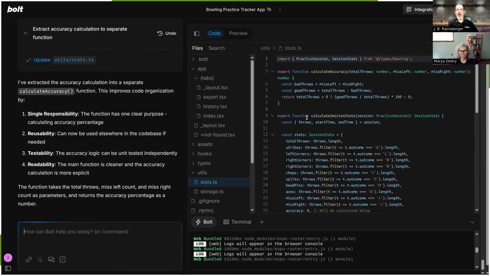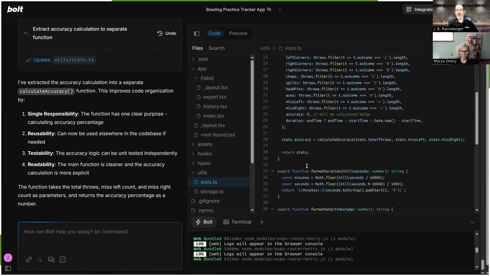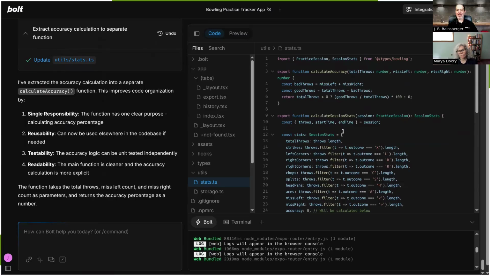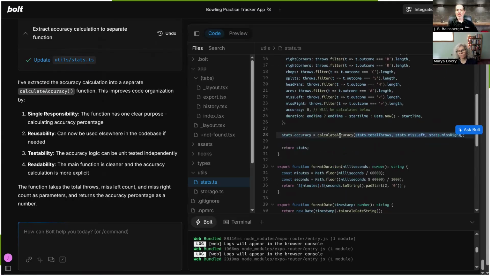Oh, that's very interesting. Look at what it did. Huh. It's passing in the stats. Interesting. It's destructuring effectively the parts that it needs from stats. I'm not sure how I feel about that. On the one hand, that's not what I expected it to do. On the other hand, it's not awful. I think it's maybe unnecessary.